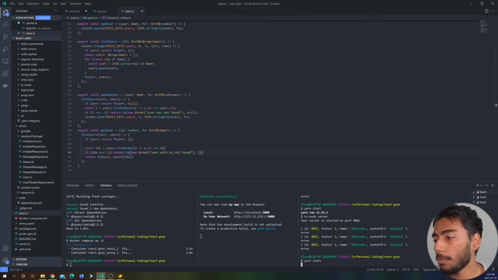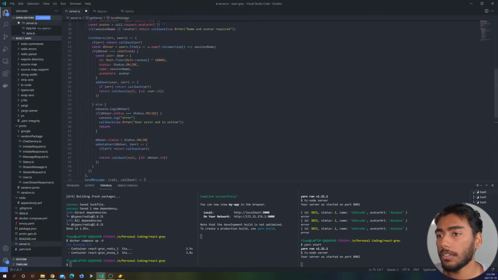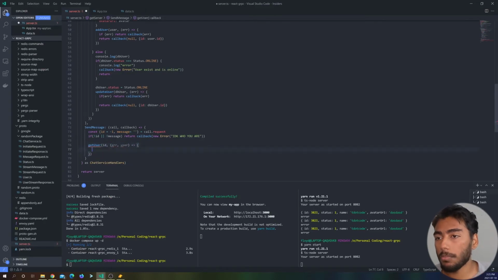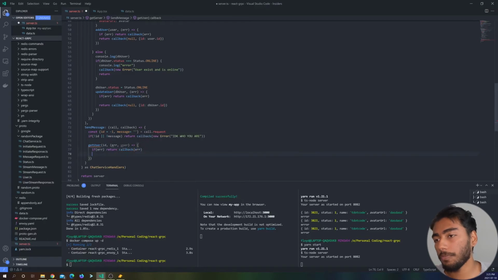I do want to see whether TypeScript will fail now, so I'm just going to restart the server. TypeScript does not have a problem with this, or maybe it's because I'm not using this, that's why. So let's give that a shot. So send message. I'm going to get my user at the ID, and it should return me an error or my user. I just want to say, again, if error, then return my callback with the error over here. Otherwise, I have my user. Congrats, you have your user. So now we can